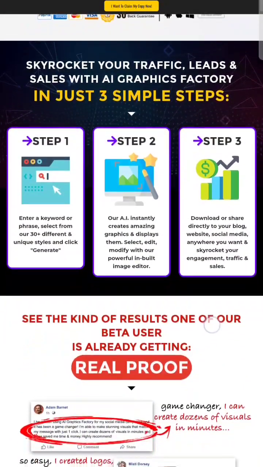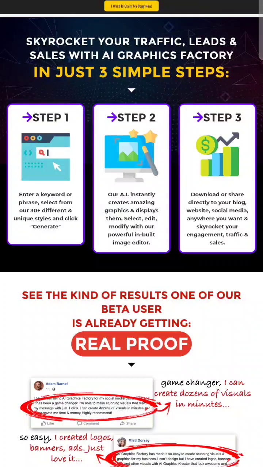Step 1. Enter a keyword or phrase, select from our 30+ different and unique styles and click Generate. Step 2. Our AI instantly creates amazing graphics and displays them. Select, edit, modify with our powerful inbuilt image editor. Step 3. Download or share directly to your blog, website, social media, anywhere you want and skyrocket your engagement, traffic